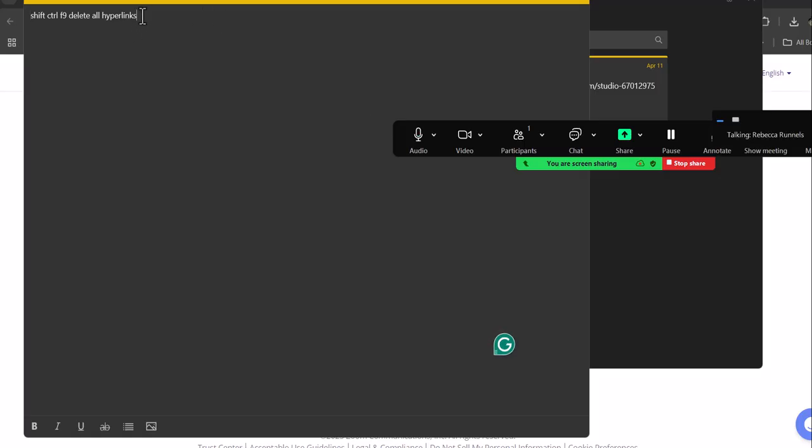Did you know if you have a document that's full of hyperlinks, if you select all and do Shift Control F9, it deletes all the hyperlinks. So this is Windows plus period, brings up